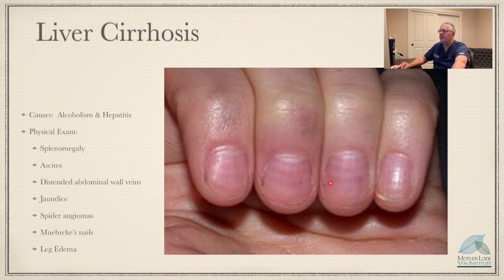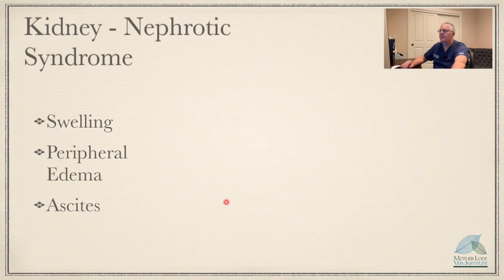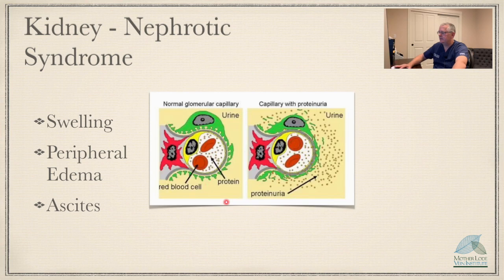And then these little, I have a hard time pronouncing this, but it's Merkel's nails, and you can see this characteristic pattern on the nails, and that's not uncommon in patients with cirrhosis. But last but not least, cirrhosis can present as swelling or edema in the legs, and so that's the other cause. Now, kidney disease or nephrotic syndrome is also a condition that can cause lower extremity swelling and edema,